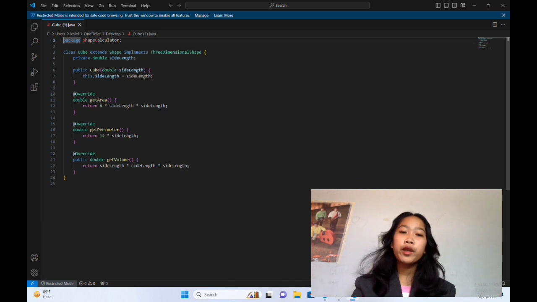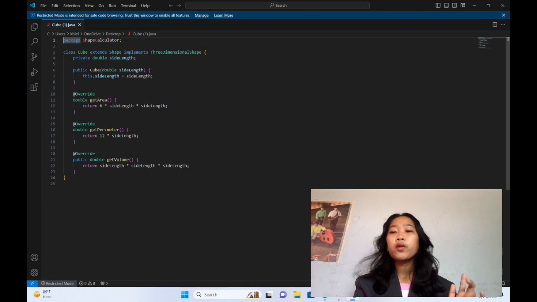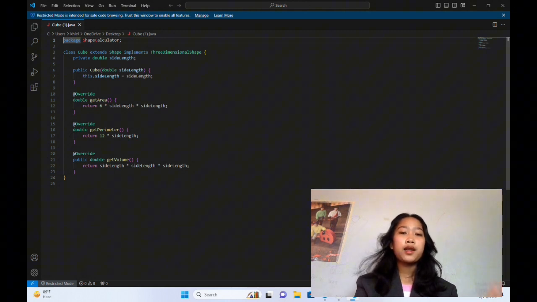So for the double getPerimeter, like what I said about getArea, it declares a method, which is getPerimeter, in this line, and it returns a double value that calculates and returns the perimeter of the cube, which is the total length of all its sides.